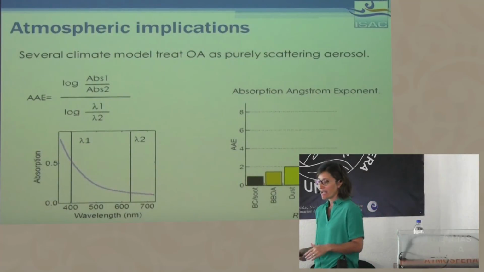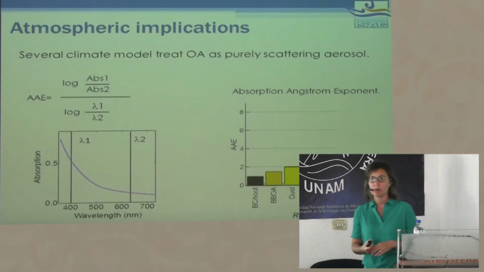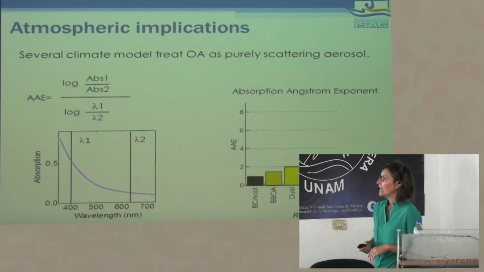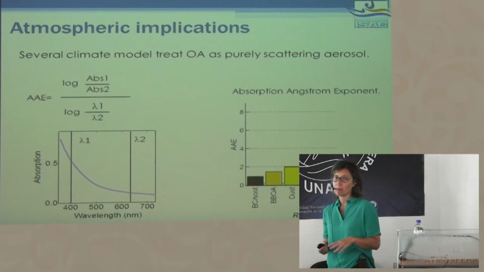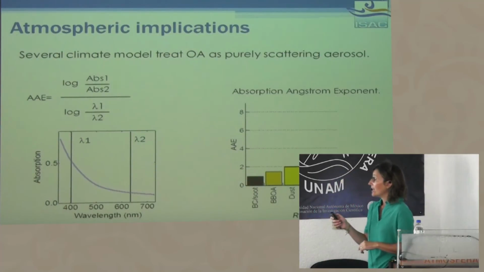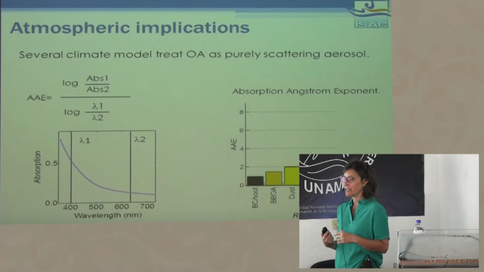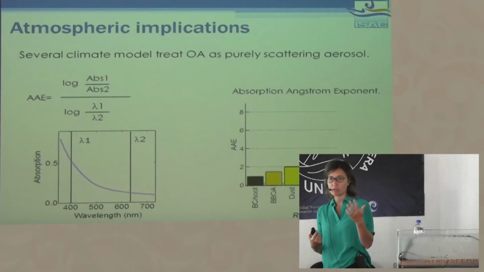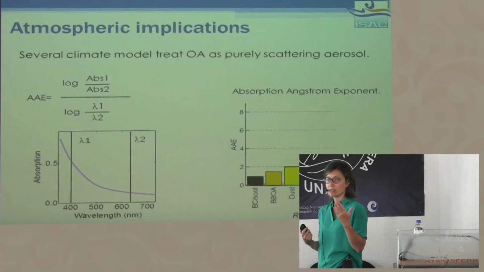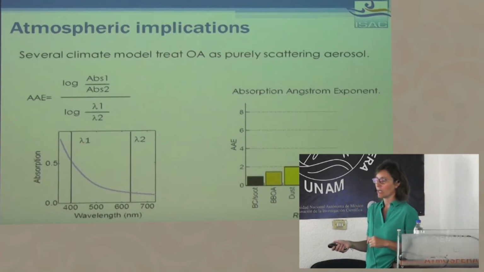Okay, I said this component of organic aerosol is important for air quality, but might also be important from a climate point of view. In fact, most of the climate models treat organic aerosol as a purely scattering component. Organic aerosol is white. Okay, so one way to define the ability of an aerosol component or an aerosol population to absorb solar radiation is the absorption Angstrom exponent. I report here just the formula, but anyway,